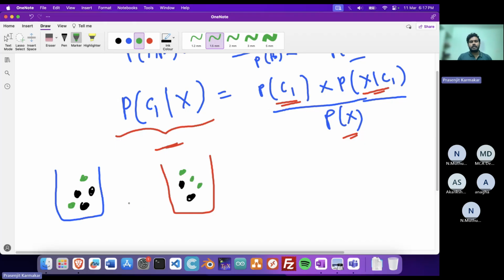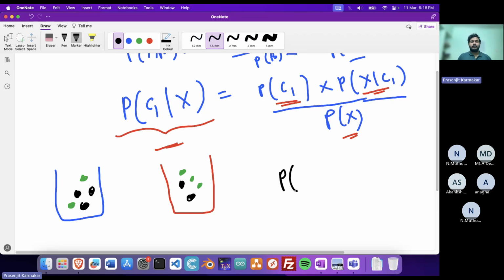Right now, from this setup, I draw a ball randomly. What is the probability? So how do we represent the probability? It's represented like this. Let's use which color I can use. Only these colors are there. Let's say, what is the probability